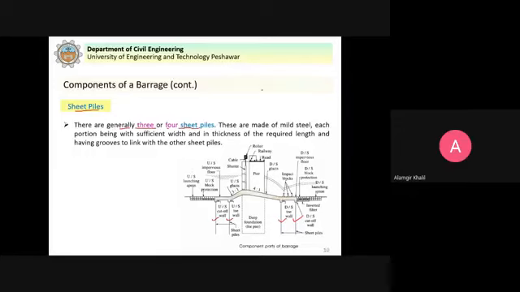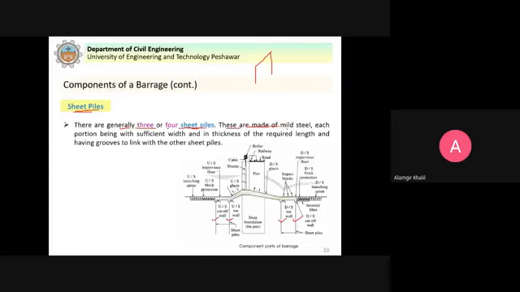These are in the form of sheets. If you see lengthwise, these will be in the form of sheets, and it will continue for the length of the weir or barrage. That's why they are called sheet piles. It is not like a circular column. It is a sheet pile in the form of a sheet. So these are generally 3 or 4 sheet piles.